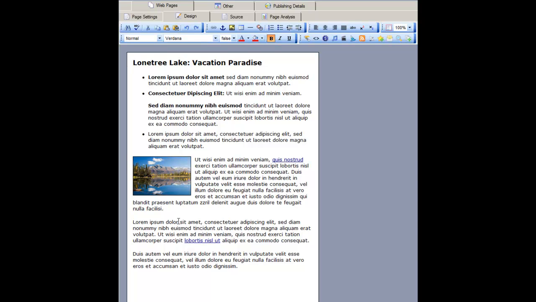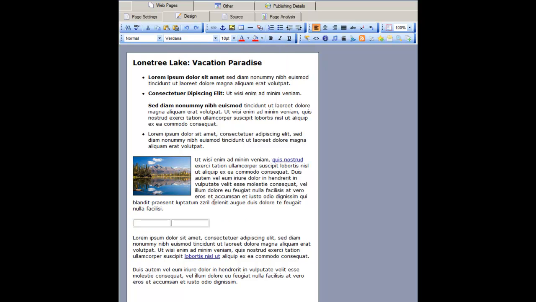Now another way to accomplish this is to use a table. So I'm going to put a table down here and show you how to do that. Up here I'm going to select the table, and I'm going to make it a one row, two column table. So you can see that's what it says. When I choose that, it says 1 by 2, and now I've dropped it into the text between the two